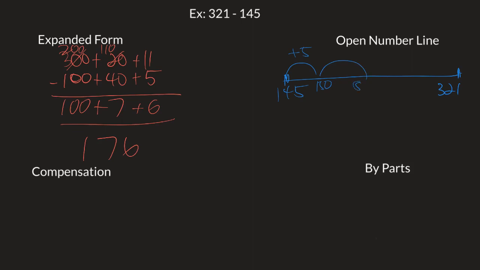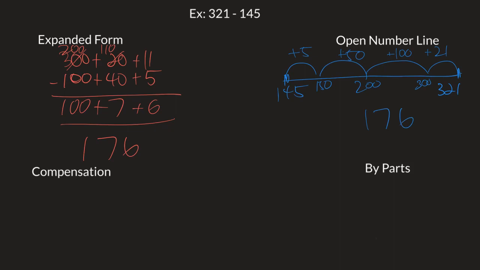Let's add 50 to get to 200, and then we're going to add 100 to get to 300, and we'll add a small 21 to get to 321. And now we're going to add all this together, and that should give us